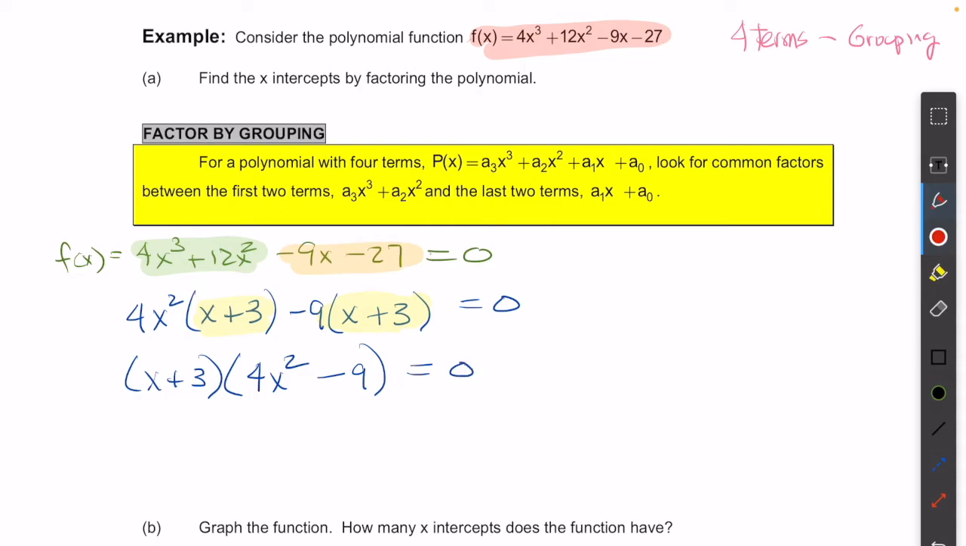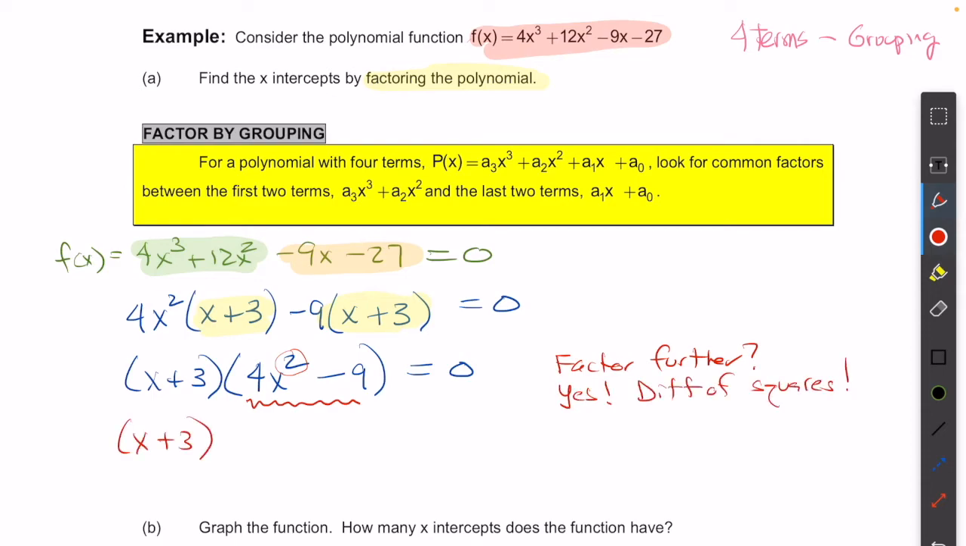Then the last thing you want to ask yourself before leaving this is, can you factor further? And it does say factor the polynomial. So can we factor this further? And looking at this binomial, I very quickly notice the power 2 and decide that this is difference of squares. So I'm going to bring the x plus 3 along